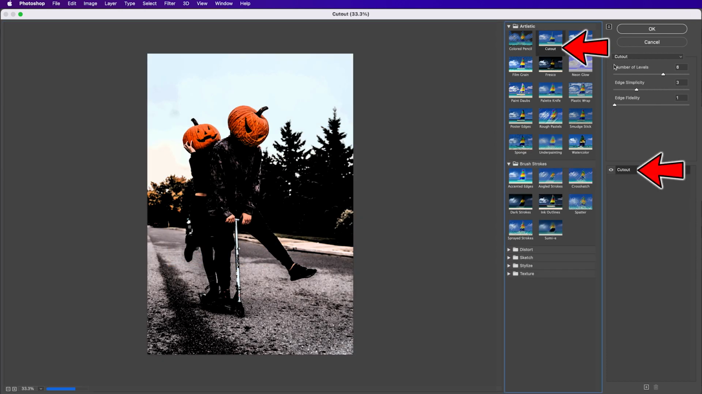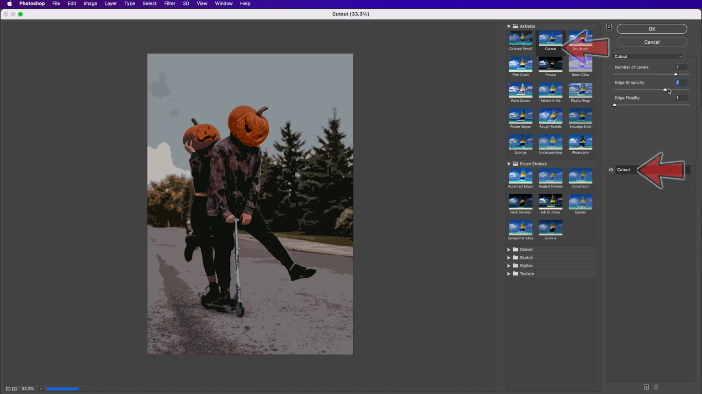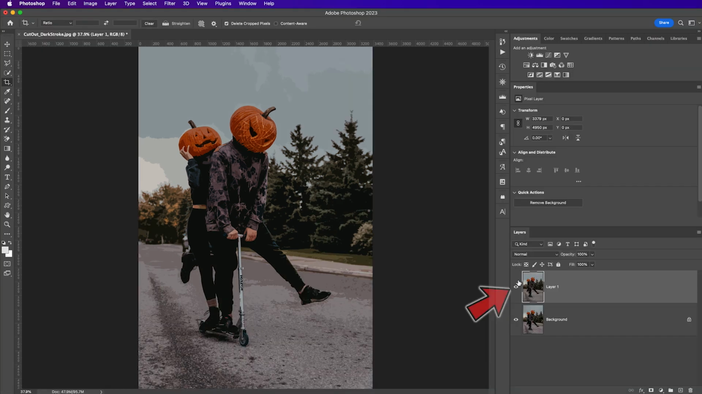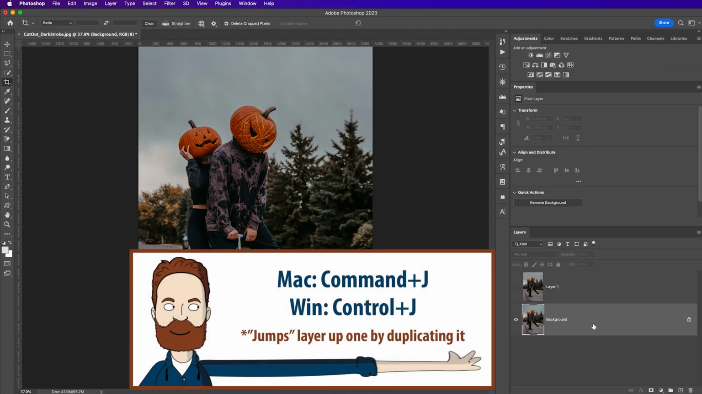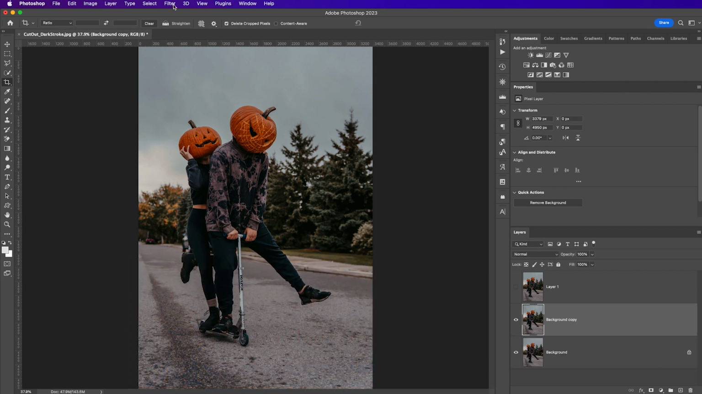I'm going to choose the cutout, and you see how the edge simplicity sort of abstracts it a little bit. So I want to blend. Yeah, I think I'll keep my fidelity at 1, number of levels. The more levels you have, the more cutouts you get. I'm going to click OK on that. I'm going to turn it off, go back to the original, hit Command or Control J,